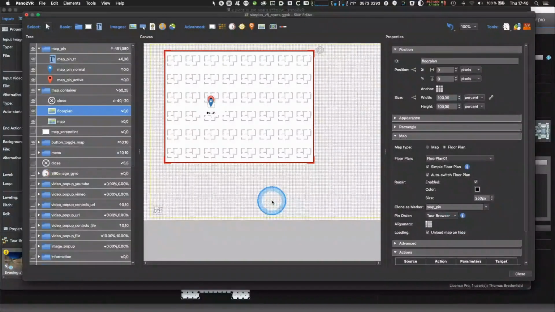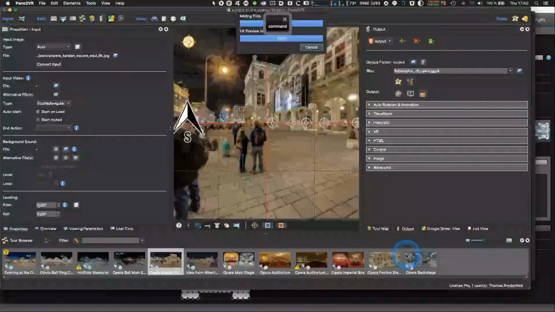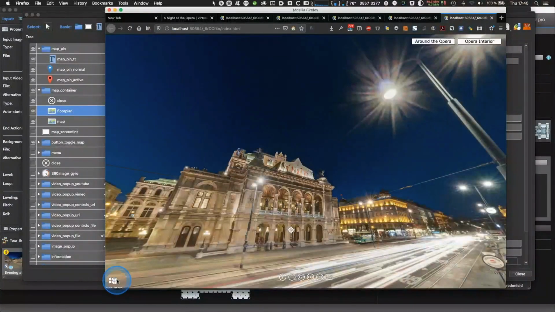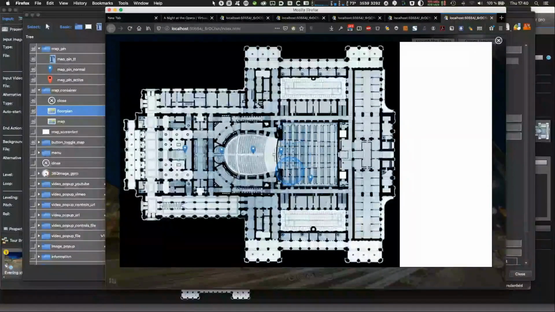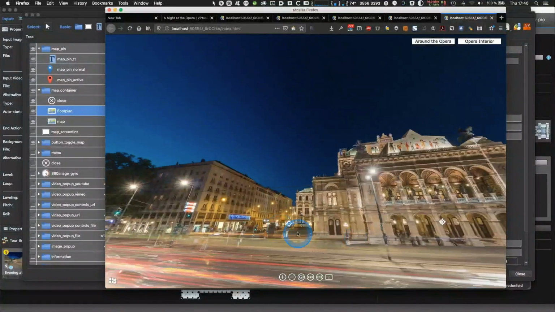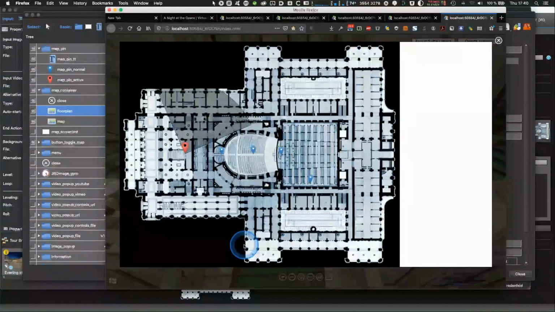And now let's have a look at how it looks. It won't be very nice now, but we will change this. If I go to the browser and open the map, I see the map on top, and there won't be any change. If I go inside, I will see the same. So let's make this floor plan dependent on the